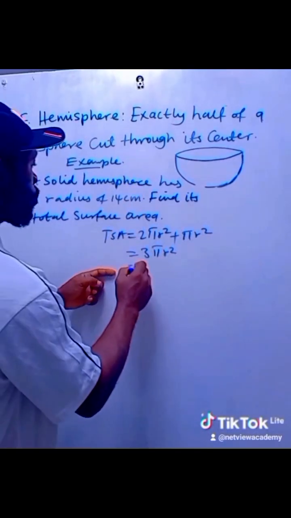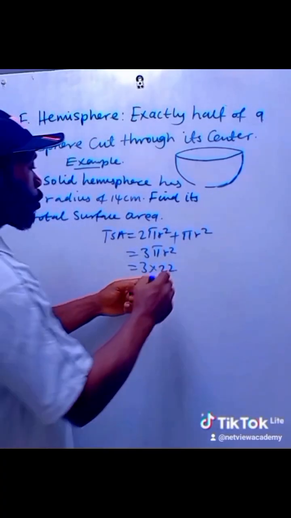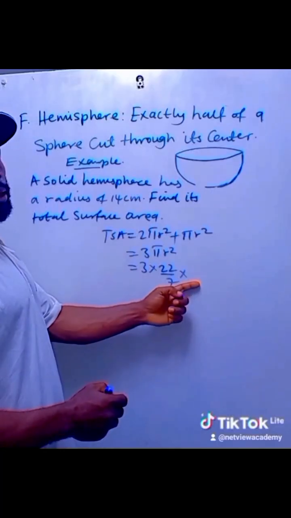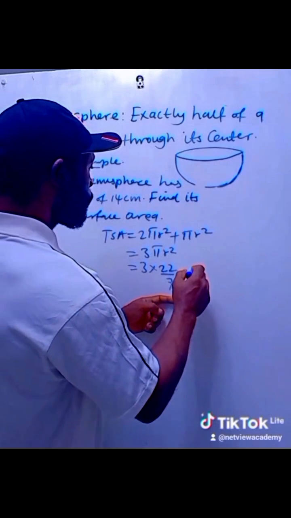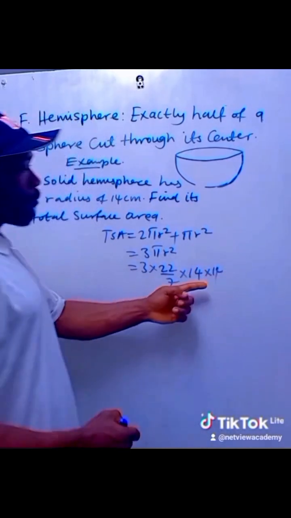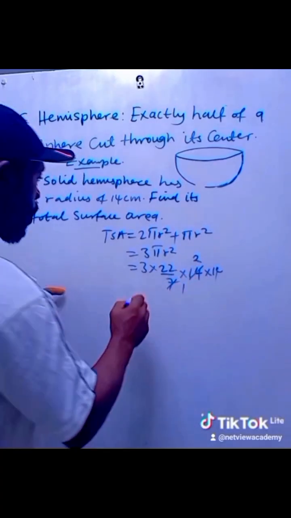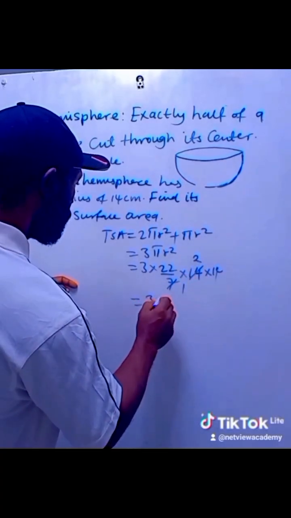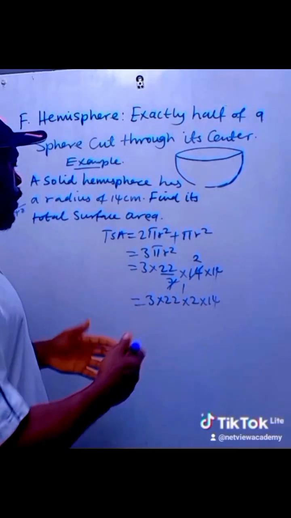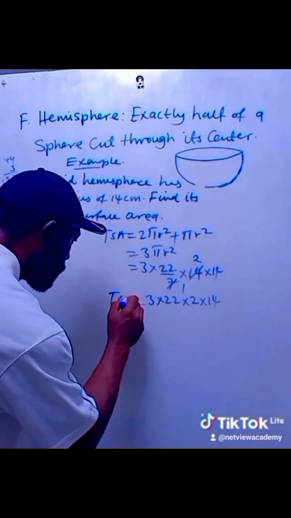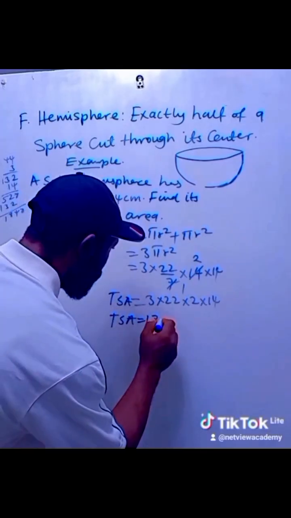If we substitute values into this equation, the expression becomes 3 multiplied by the value of pi, which is 22 all over 7, multiplied by the square of the radius, which is equal to 14 multiplied by 14. 7 will divide 14, 2, 7 into 7, 1. Therefore, the expression becomes 3 multiplied by 22 multiplied by 2 multiplied by 14. The value of the total surface area is equal to 1,848